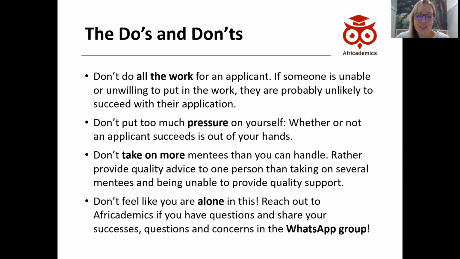And yeah, this is really the last point, but still the most important one for me. This is really a group effort, right? We can all learn from each other in this process. If you're struggling with something, then one of your fellow ambassadors is very likely to be struggling with that as well. So, share your successes, but also share your struggles. Ask questions to your fellow ambassadors, ask questions to me if you want. And really use the WhatsApp group as a forum to bounce ideas off each other and to share your experiences with your mentees, be it good or bad, because that will also help us improve our system, right?